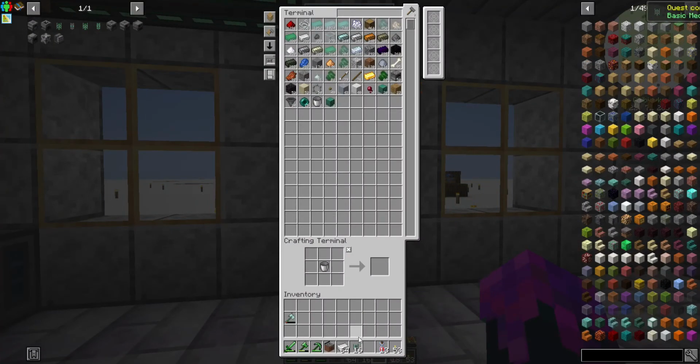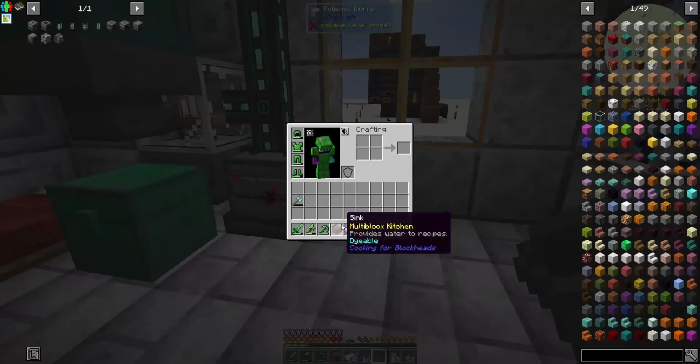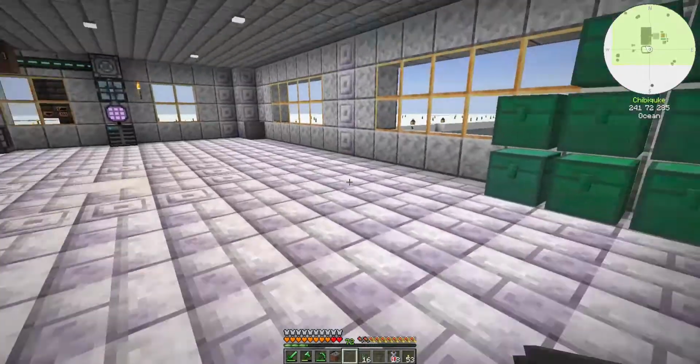There we go. I got basic mechanical pipes. I also need a hopper. And this is almost done. I'm gonna deal with that for now. I forgot, I also need this one,